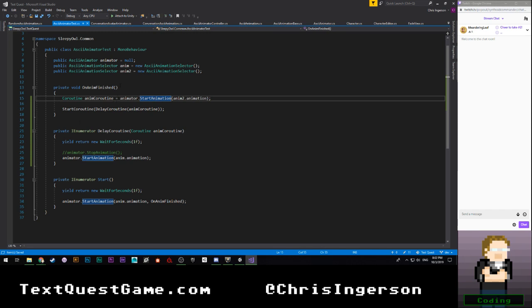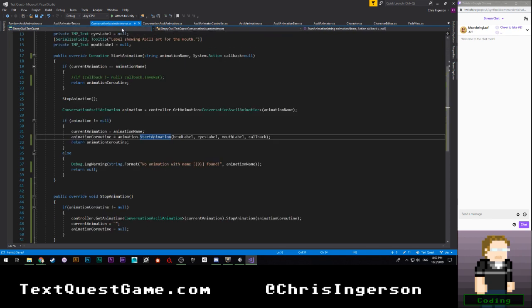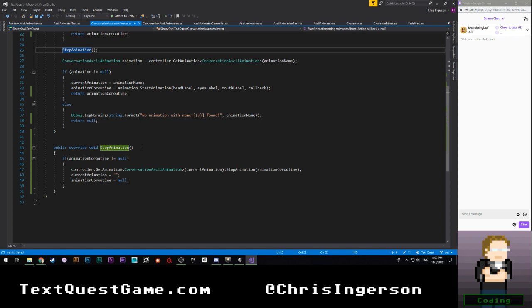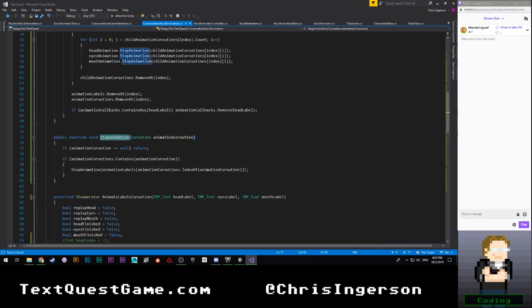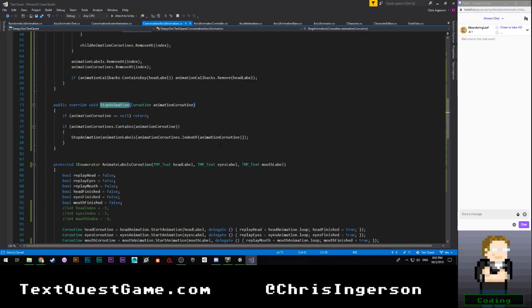I guess something that we can do real quick just to check this. So on anim finished, we call start animation, which will call stop animation right here, which is our current animation. So that's stop animation. Go to definition there. Animation.